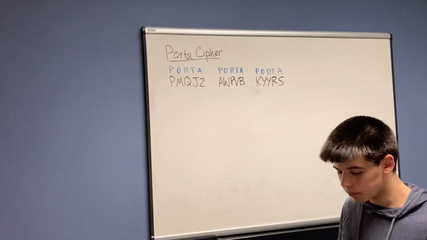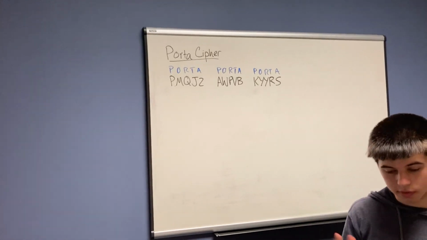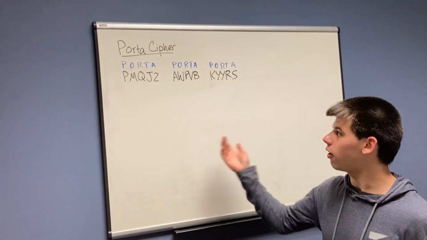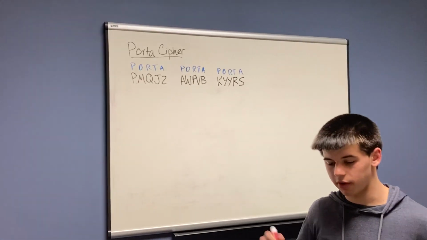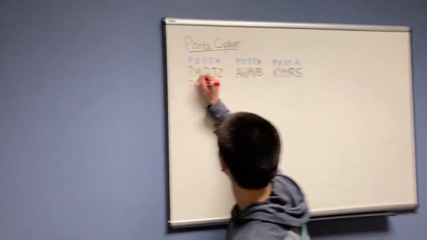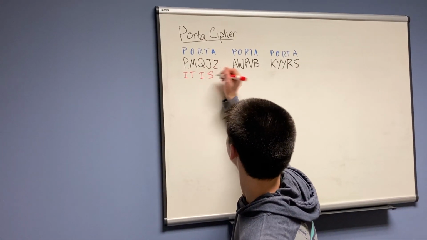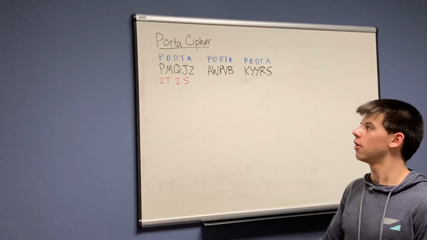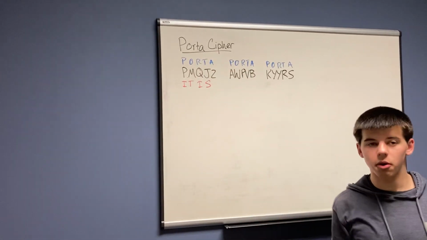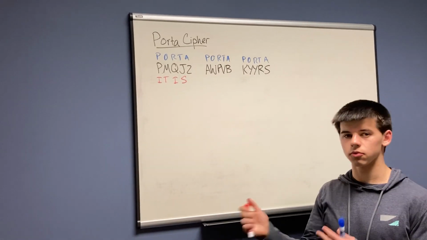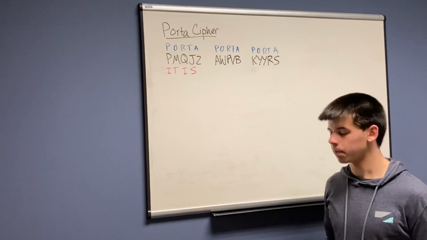So again, it's an easy question, only 100 points. So they even tell you the first 4 letters of the plain text, which is "it is." So really, just by having your chart and having this, you should be able to figure out the pattern here. But if you're getting stuck,